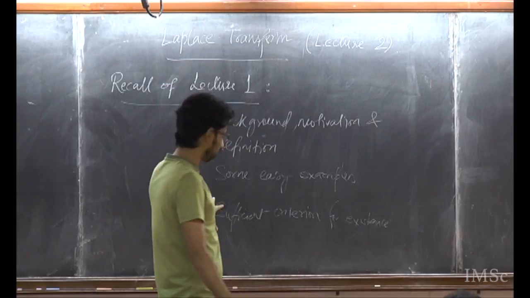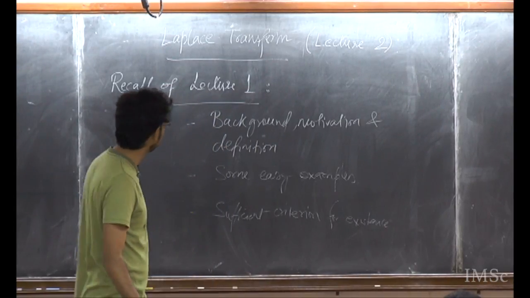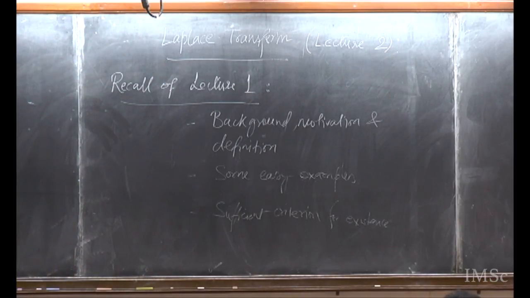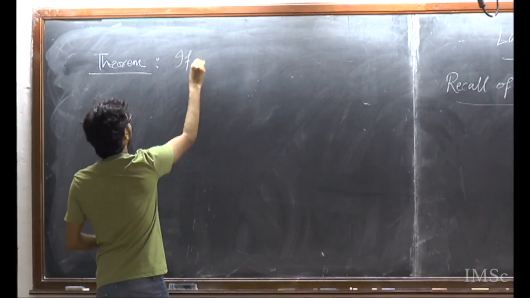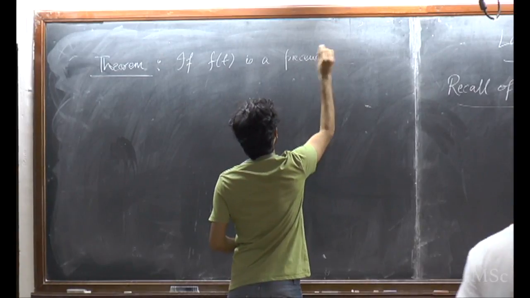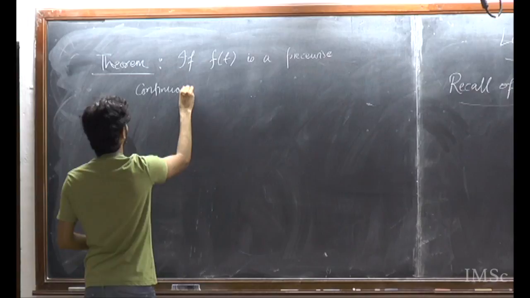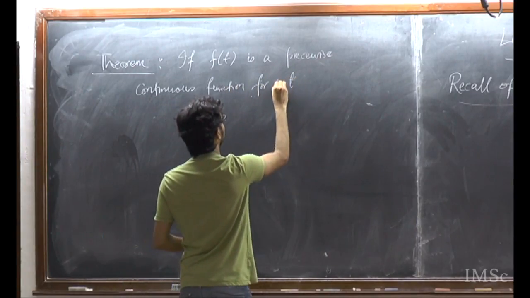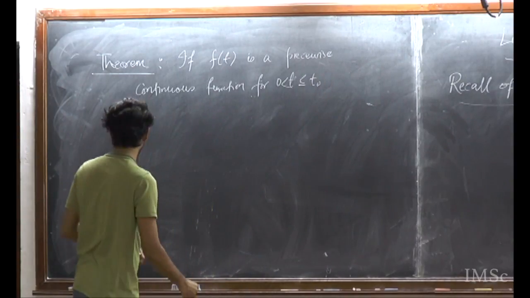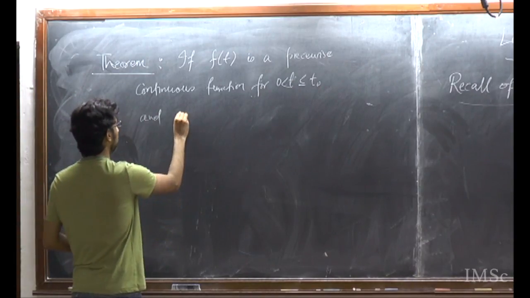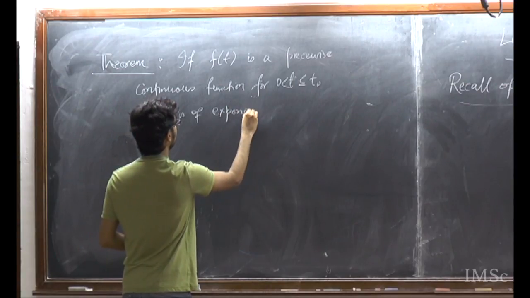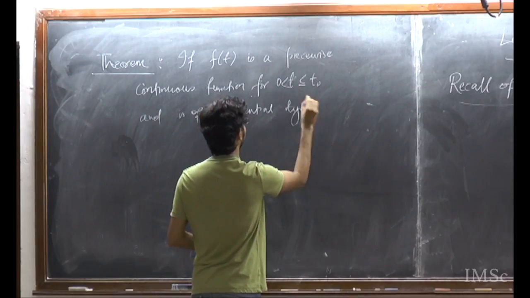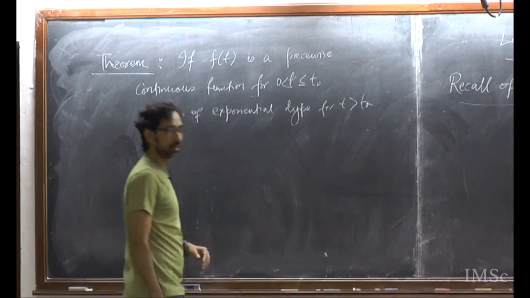So let me recall what this was, because I didn't prove this theorem. So let me prove it today. Theorem. If f(t) is a piecewise continuous function for 0 less than t less than or equal to t naught, and is of exponential type for t greater than t naught, then